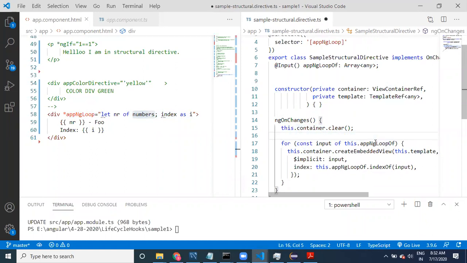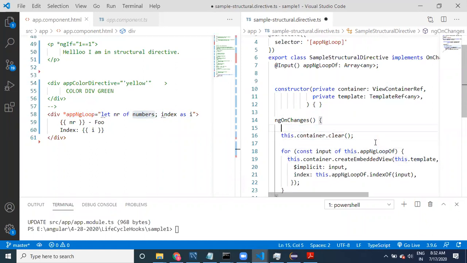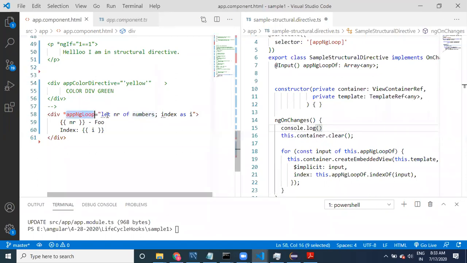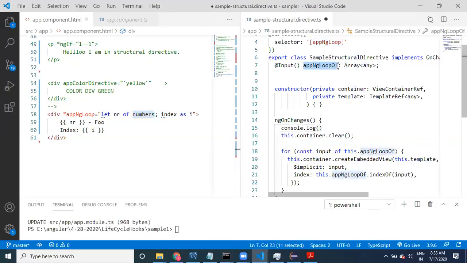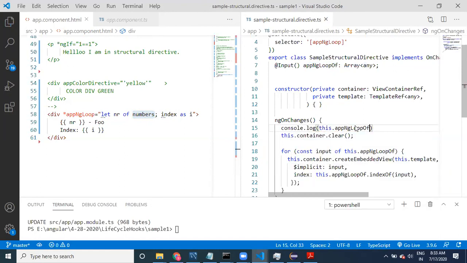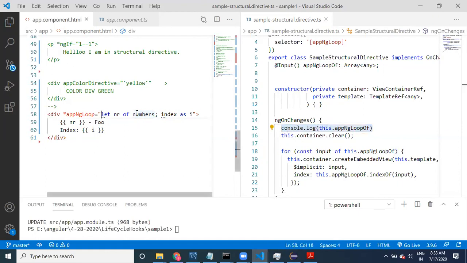Now, I'm going to provide this dot, console dot. One by one, I'm going to show you guys. Now, we have provided the app loop, right? We have provided all these values, right? If you provide all this information, it will not go to this property. The numbers data goes into this property. So if I print this dot, some values, it is going to print the array. It is not going to print this text. That is a specialty.